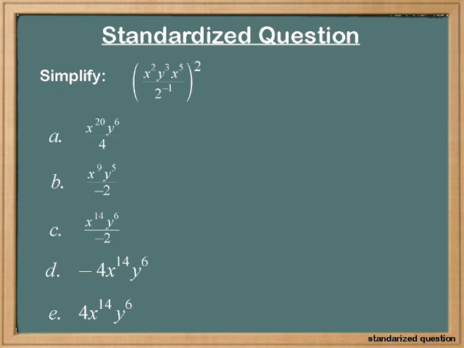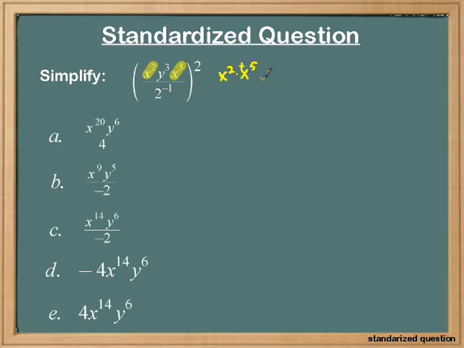So let's go and do a standardized question now, incorporating some of the skills that we've learned today. The first thing we've learned, I'm going to highlight in yellow here, and that is that x squared and x to the 5th can be put together. And just how do we put them together? What would they result in? Well, that's actually saying x to the 2nd times x to the 5th. And so we know that that's the side-by-side rule,